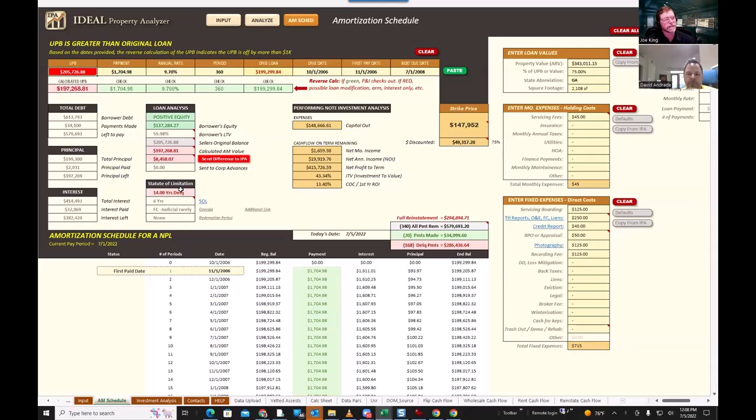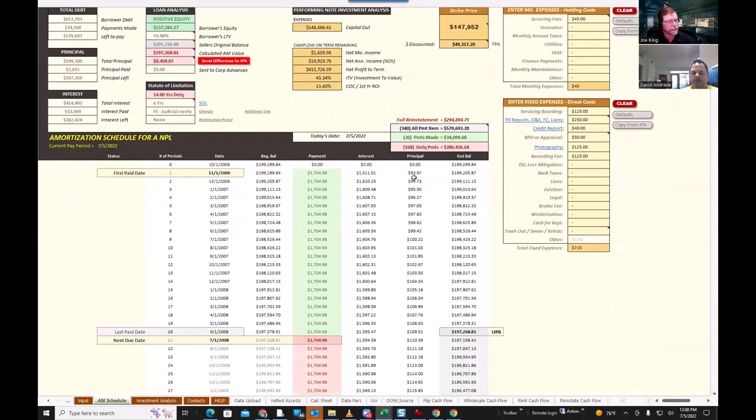But I can tell you this, that it went delinquent in 2008, which was right around the time where everything started collapsing. So maybe this was one of those deals that got shuffled in a big pile of deals that hasn't been touched for a while, and now they're just trying to unload. So with that in mind, if we take a look at the AM schedule, we can